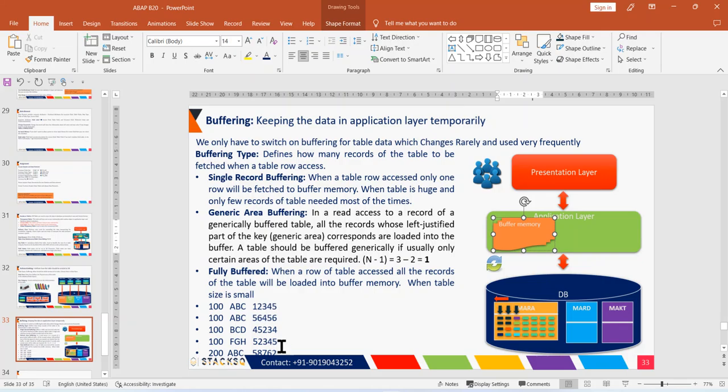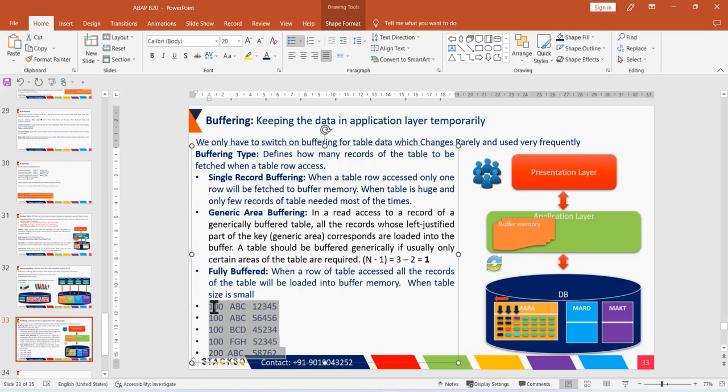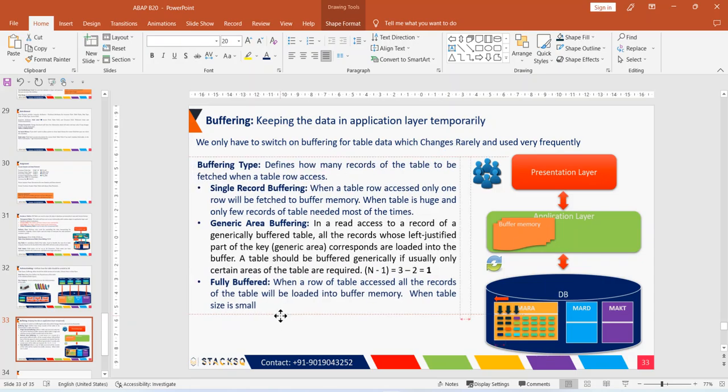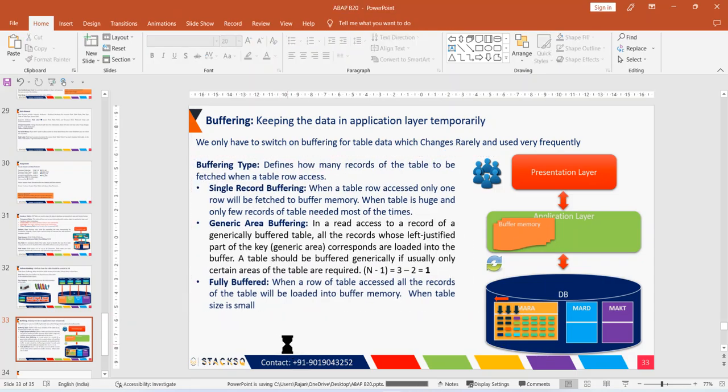Any doubts? Understood or not? Clear? Yes. And the last two options